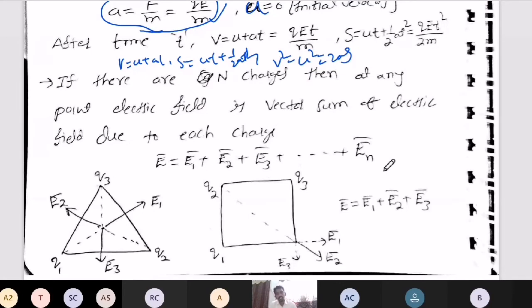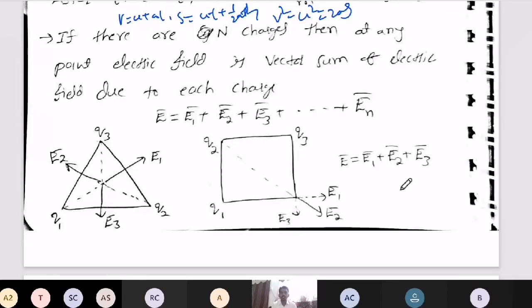Now, based on the same electric field, what is the other thing as we discussed? Principle of superposition or field due to multiple charges. Just before we have discussed, same way here also. But here at any point multiple fields, there at any point multiple forces. But again what you have to do? You have to go for vector resultant.